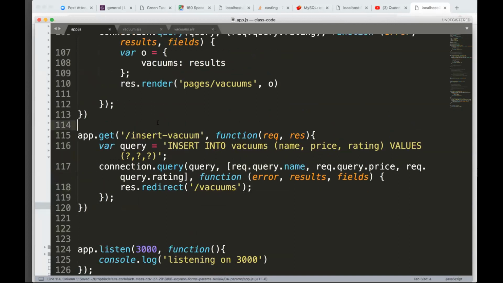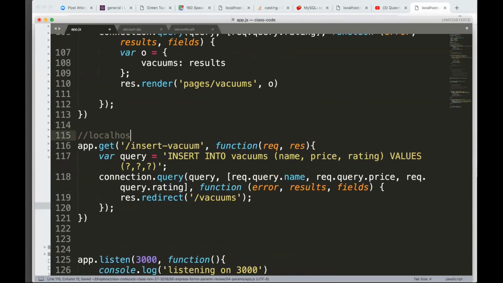So we can test this. If I make a new URL, localhost 3000 /insert vacuum /question mark, name equals another one,